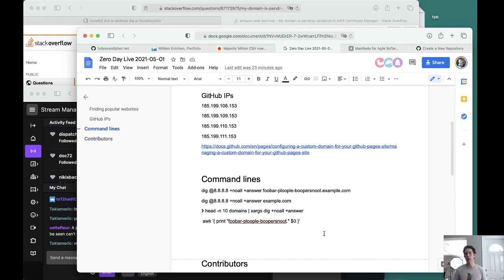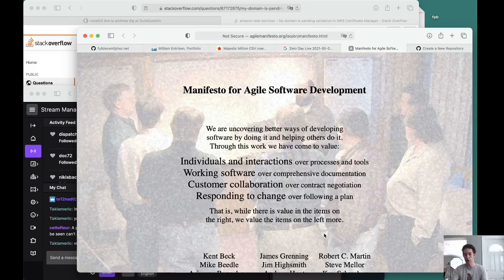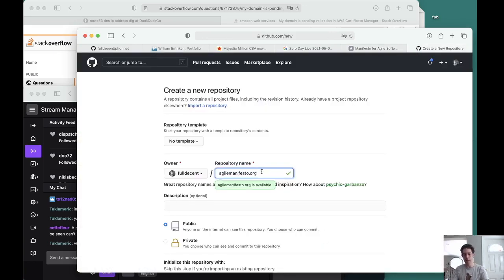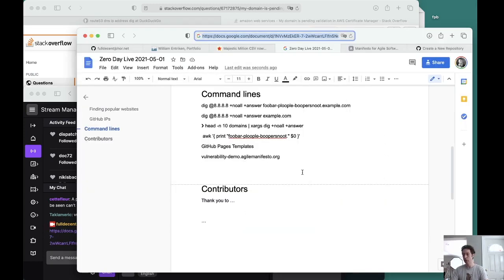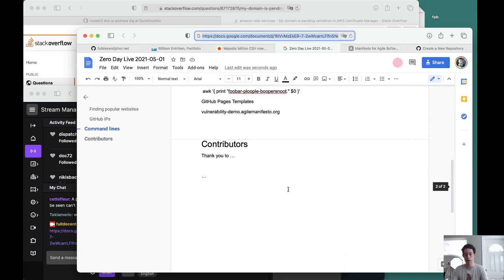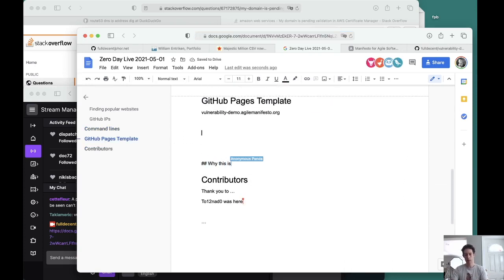So you have to be very clear about what it is you're doing, and you can't give people the wrong impression. I'm a professional here. I've seen this type of stuff a lot. Maybe you have too. Vuln demo, this is professional, this is good. Vuln doesn't really mean something to a lot of people, so we could spell this out. Vulnerability demo, okay. And we'll create a public repo. Let's think about what we actually want to put onto this page. So we can write this together, okay.